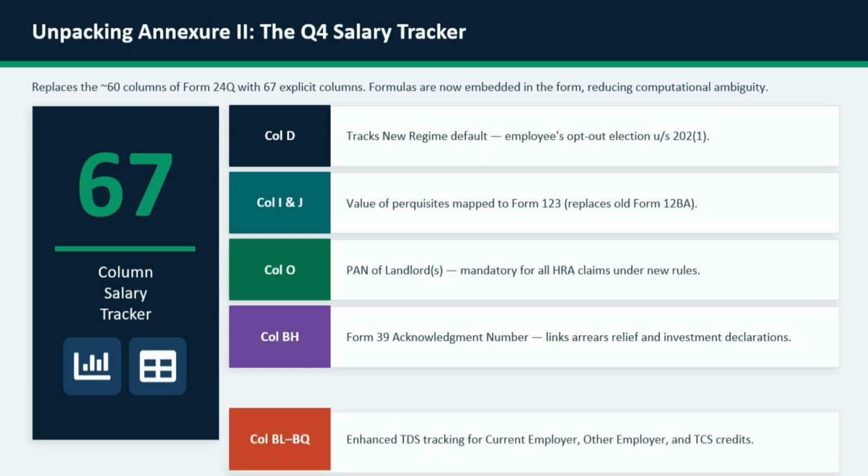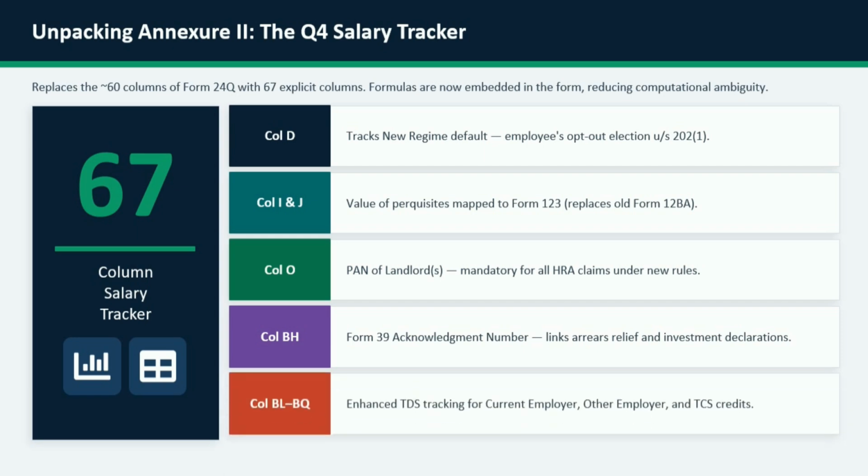Finally, columns BL to BQ enhance TDS monitoring by capturing details related to current and previous employers, along with TCS reporting. Overall, the new Annexure II transforms salary reporting from a static disclosure process into a far more structured and